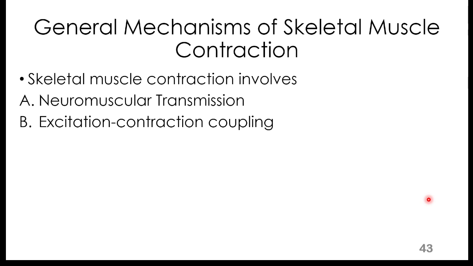First is the neuromuscular transmission. Before a muscle can contract, it must be stimulated by the neurons, by the motor neurons. Then after that stimulation, the next thing is the excitation contraction coupling, which we've talked about more or less in the last few slides. So let's first talk about the